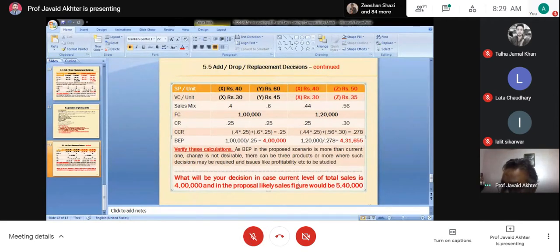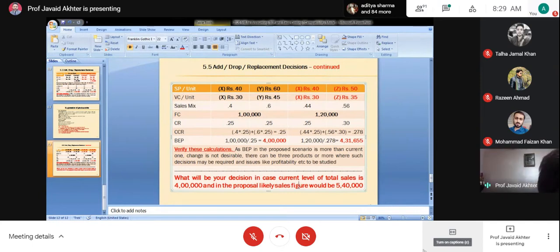If you travel 100 kilometers, the ticket may cost you 100 rupees. If you travel 1000 kilometers, will the ticket cost you 10 times or less than 10 times? Less than 10 times. So what is happening when you are buying more of its services? Per unit cost is decreasing. Per kilometer, cost of travel decreases. So it is completely based on sales price, demand and supply.